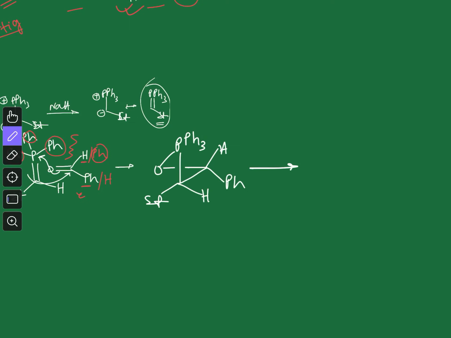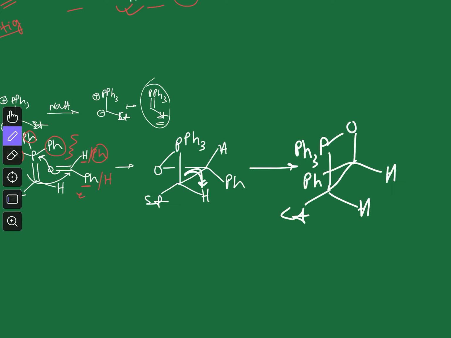Now let me draw it in another way, and how we can do it. So we will just rotate this bond, and that will give us this arrangement. So here you have this PPh3, here you have oxygen, so this is this 4-membered ring, and now you have this hydrogen, this ethyl group, and here you can see if this rotation takes place, this hydrogen will come here, and this phenyl will come here. So now you can see the Z stereochemistry, the cis stereochemistry is manifested in the oxaphosphetane also, because in the oxaphosphetane the ethyl and the phenyl group, they are in the same side.